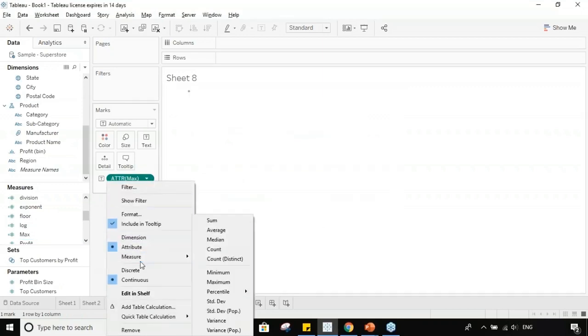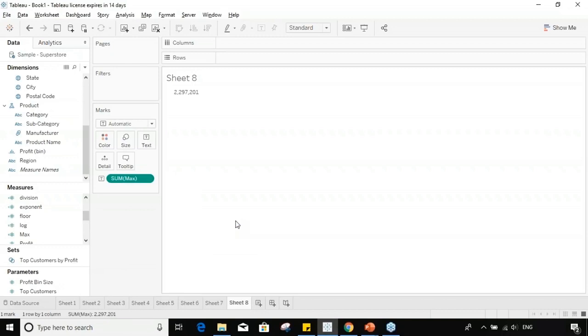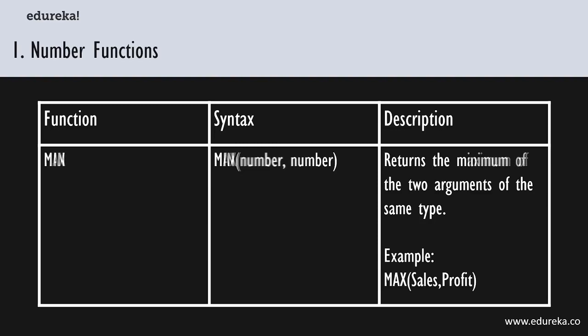And when we take the sum of it, now this I remember is the value of sales. Obviously, sales is going to be more than the profit. The sales field is going to have a higher number than the profit. So that's about it. Now the other half of this particular set is the minimum function, which is like the